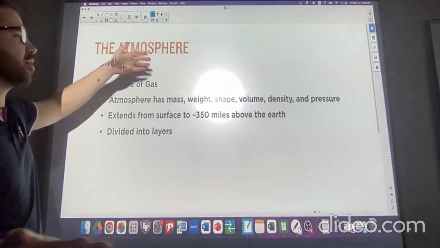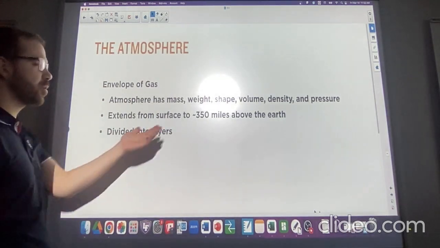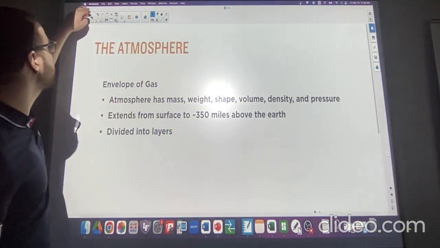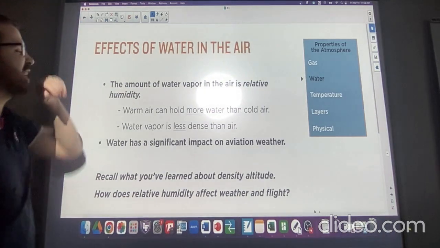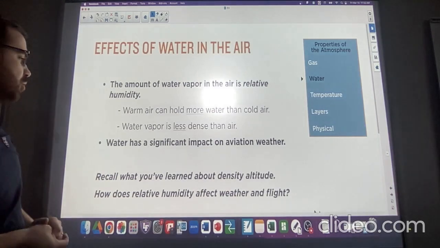Right, it's air, it's gas surrounding the planet, gravity's holding it in place, and it goes up to 350 miles, but we really just have to worry about the bottom slice for what we'll be flying in. All right, so